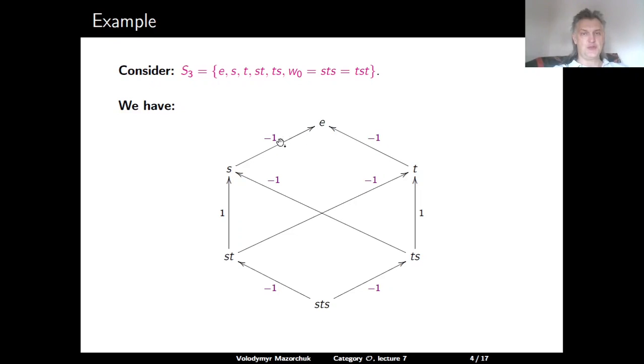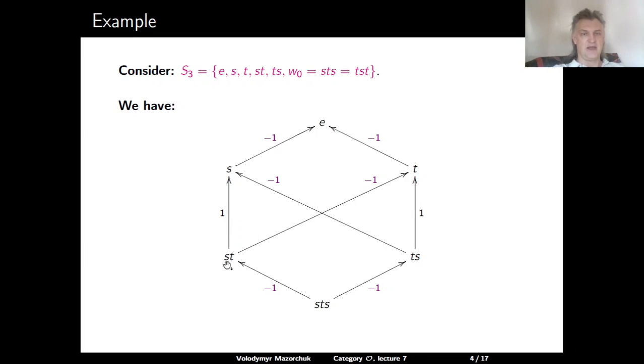And if we choose the signs as shown on this picture, the property as discussed in the previous slide is satisfied. So we choose ones only for two vertical arrows between ST and S and between TS and T, and all other signs we choose to be -1. So if you take, for example, this